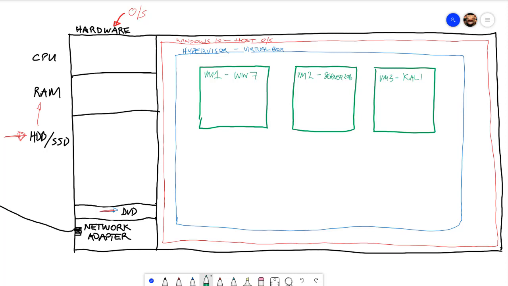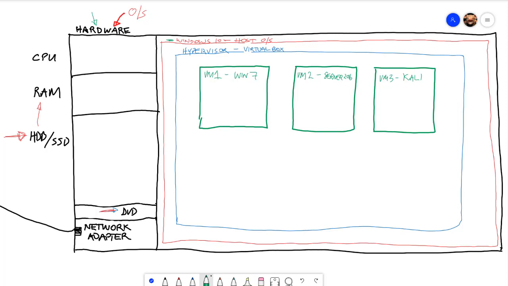So, one of the big advantages of using virtualization and setting up virtual machines is we can have one physical machine with our host operating system running in it. There we go, Windows 10. And within that, we can run multiple virtual machines. And we can use them to test and do all sorts of things without having to uninstall and reinstall our